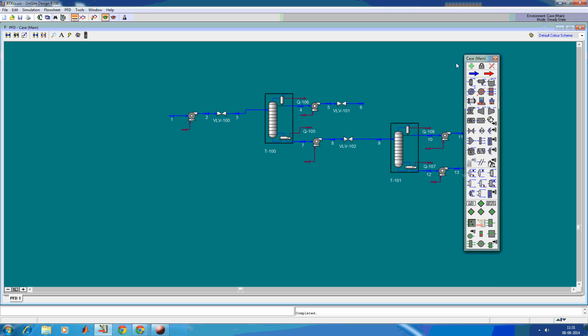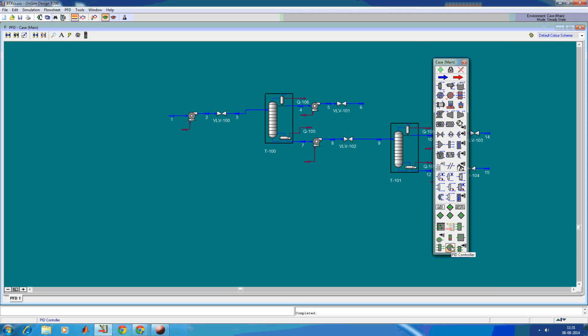Hang on, something has gone wrong. PID controller, it's right here. So just put in the PID controller. This would be a flow controller. This would be column 1 pressure controller, column 1 level controller top, column 1 level controller bottom,